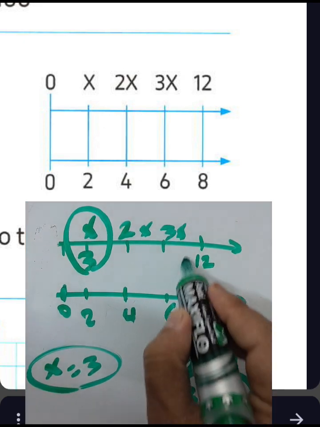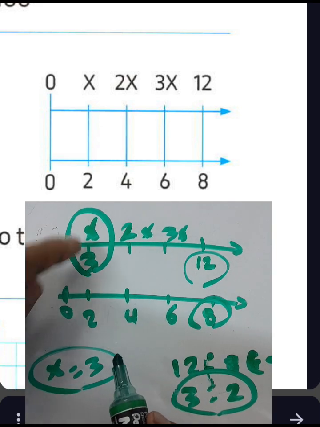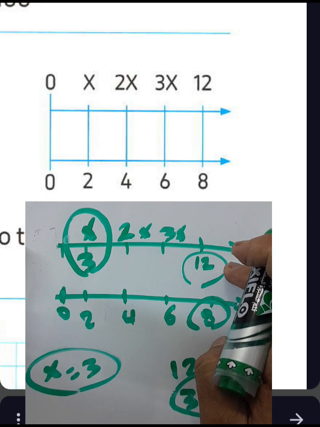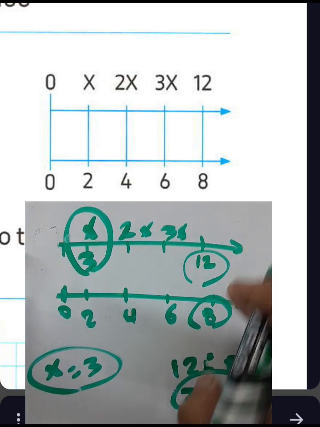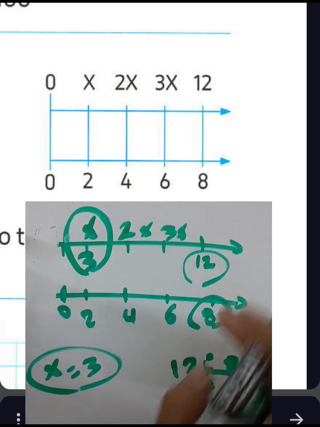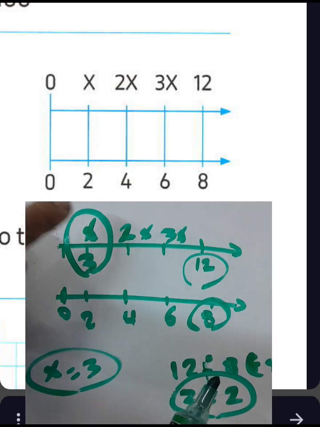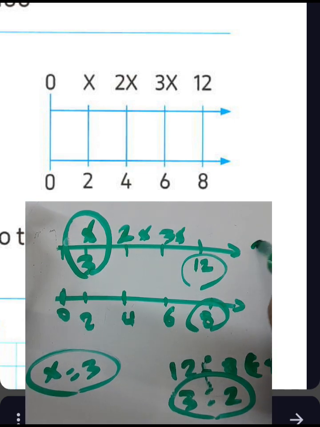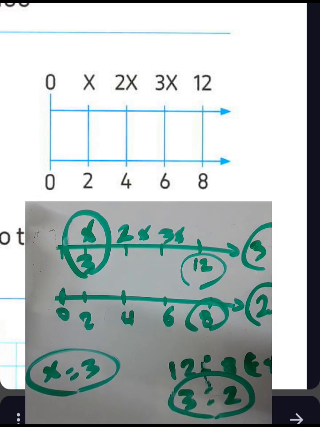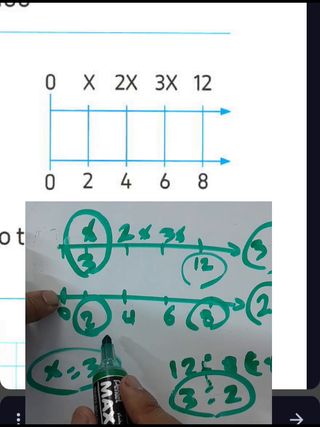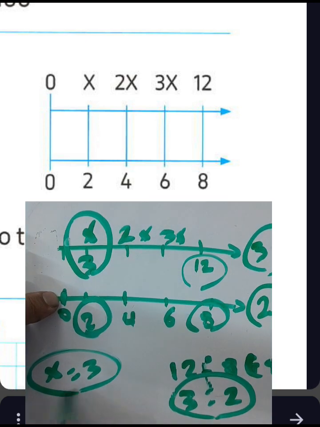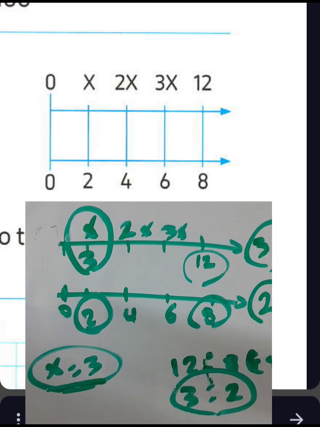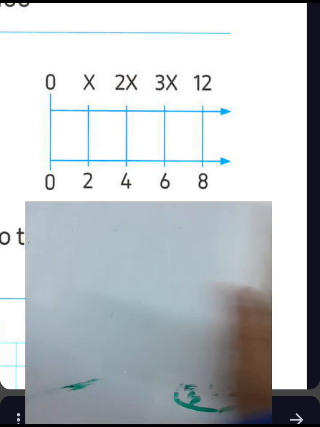Again, we have the ratio between 12 and 8. Don't write here 1 over 2, 2 over 4. No, don't do that, because 12 is not a double of 8 or half of 8. If this number was 4, then you can write here 1. Okay, but in this example, we have the ratio between 12 and 8, the ratio between them 3 and 2. Then this number 2 in the second number line, the opposite of it will be 3. Then the value of x here will be what? It will be 3, not write 1. Okay, again,